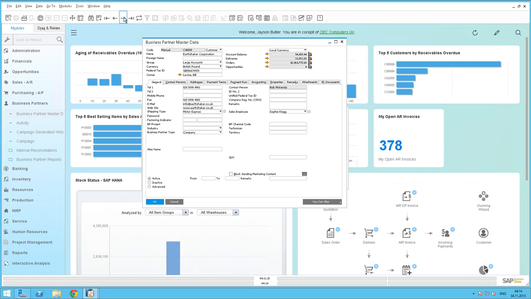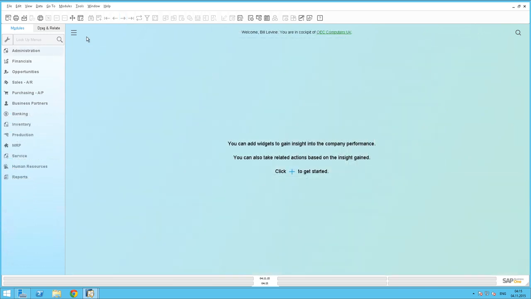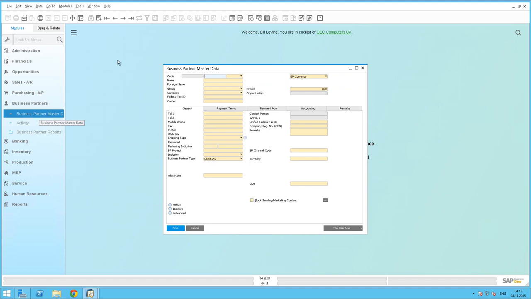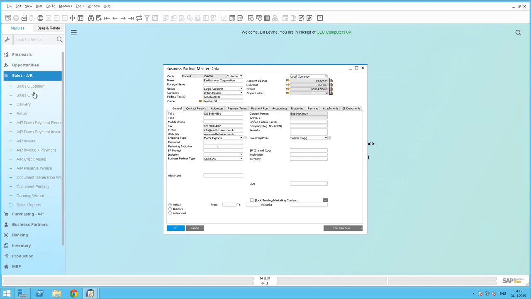We're now going to log in as the employee Bill Levine and review Bill's authorizations at a data ownership level. I am now logged in as the employee Bill Levine. If I go to Business Partners and open up the Business Partner Master Data window, Bill only has access and can review the business partners that have no owner assigned to them or the business partners that have been assigned to Bill. If I then want to create a sales order for a specific business partner